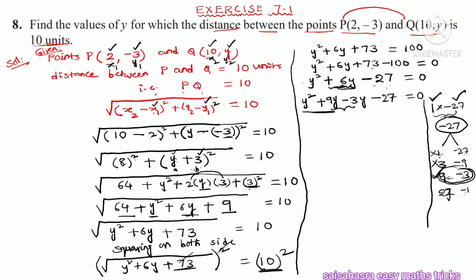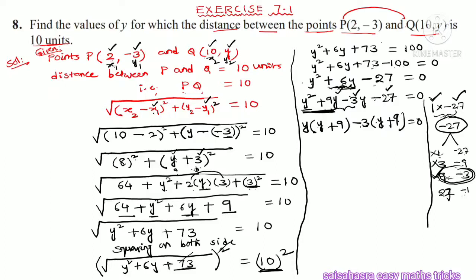First you take these two, y square plus 9y. In this, what is common? y is common. When you take y common from here, one more y will be there. y into y will give y square, plus 9 is left. In the next two terms, you can take minus common, and 3 is common in 3 and 27. Minus 3 times y gives minus 3y. Minus already taken common, so plus here. 3 how many times 27? 3 nines are 27.